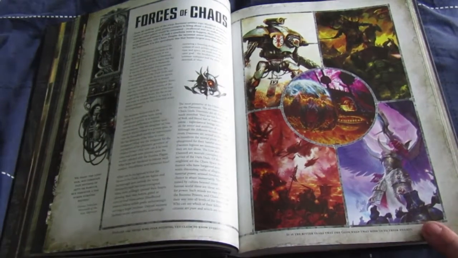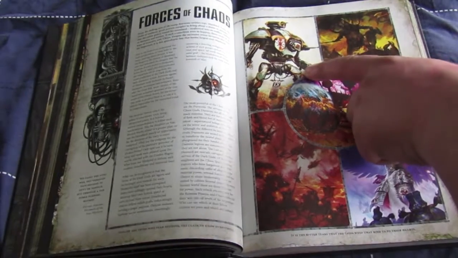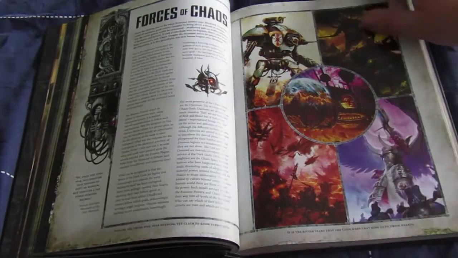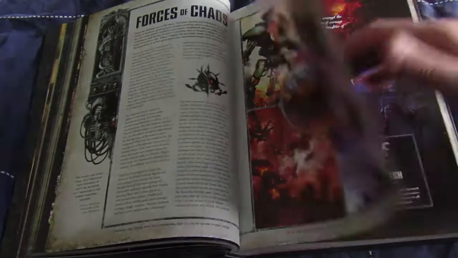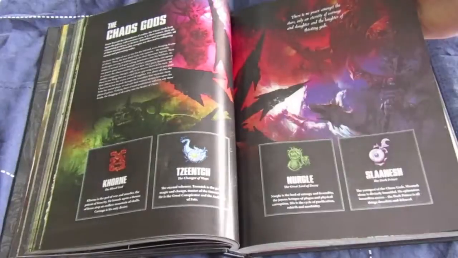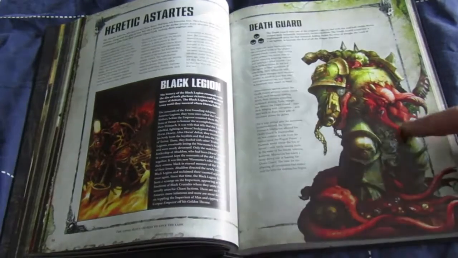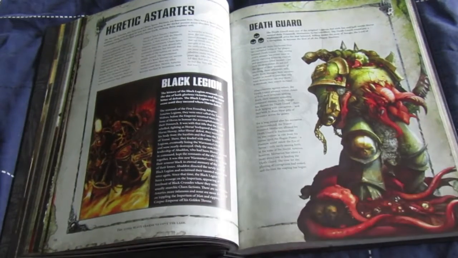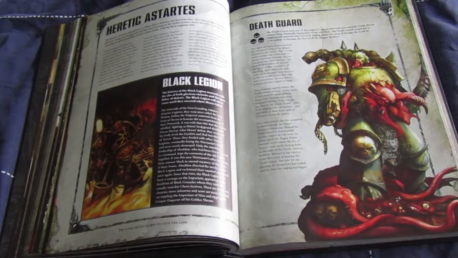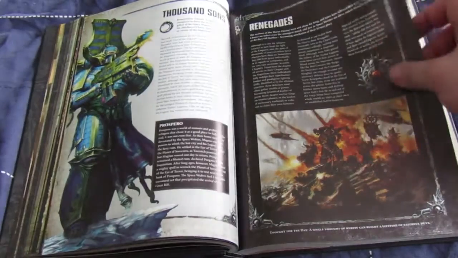So that's obviously Tzeentch, Nurgle. I don't know if that's Khorne. Slaanesh is gone, so I don't know if that's the way they were trying to break it up or whatever. Chaos Gods. Oh, Slaanesh isn't gone in this one, sorry. Sigmar's gone. I love this. This is really cool. It's kind of like a Haruspex, you know, tearing the thing with the mouth and his stomach. Thousand Sons, Renegades,